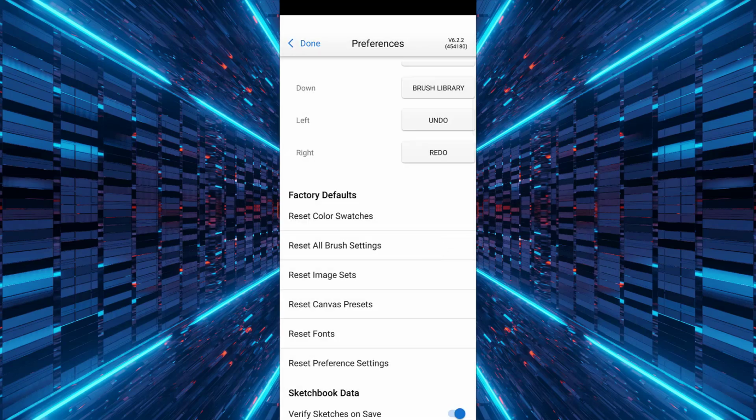After doing this, your color swatches will return to their original default settings, giving you a fresh palette to work